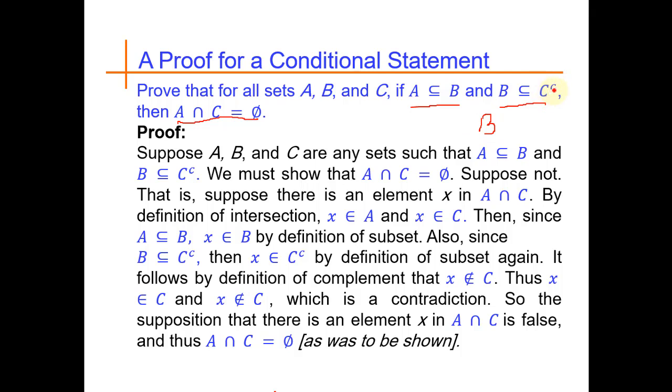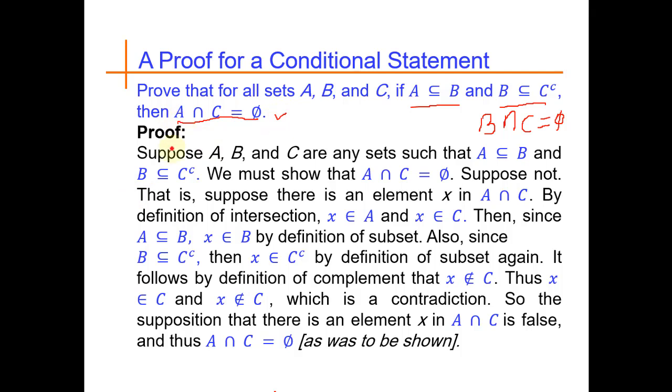सो बी किस में कंटेन कर रहा है, पूरे का पूरा कंटेन कर रहा है सी कॉम्प्लीमेंट में, तो जो सी है उसके साथ इसकी जो इंटरसेक्शन है दैट विल बी एम्प्टी. सो इस चीज़ को सामने रखते हुए अगर हम देखें तो ए और सी के बारे में हम क्या कह सकते हैं, क्योंकि ए मुकम्मल तौर पे कंटेन हो रहा है बी में और बी की इंटरसेक्शन सी के साथ एम्प्टी है. सो वी कैन से दैट द इंटरसेक्शन बिटवीन ए एंड सी इज़ एम्प्टी.